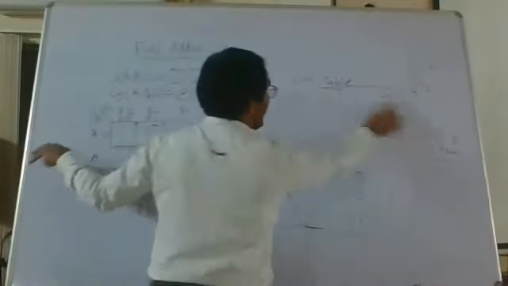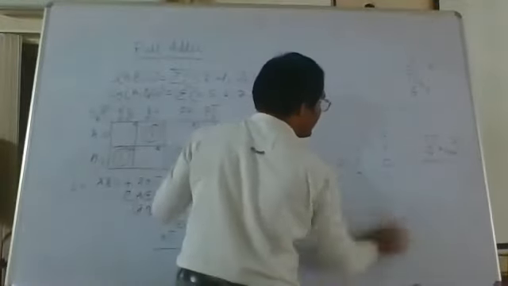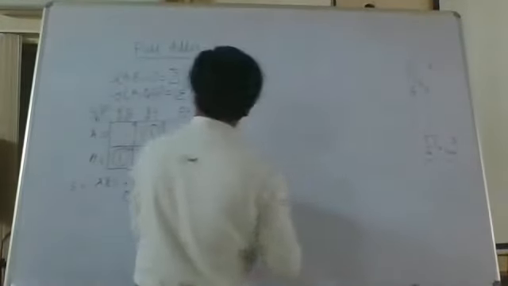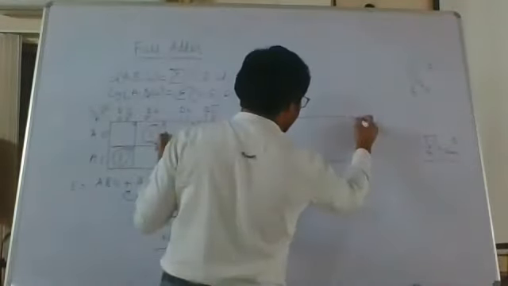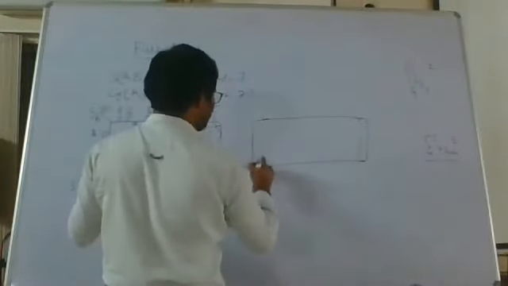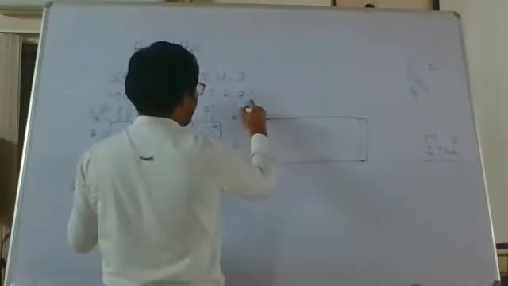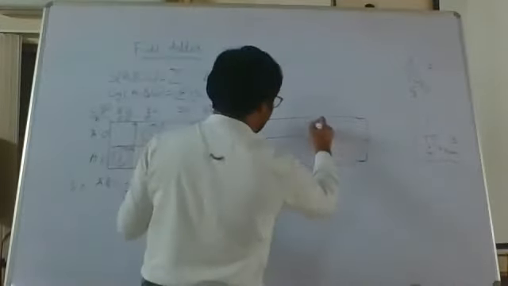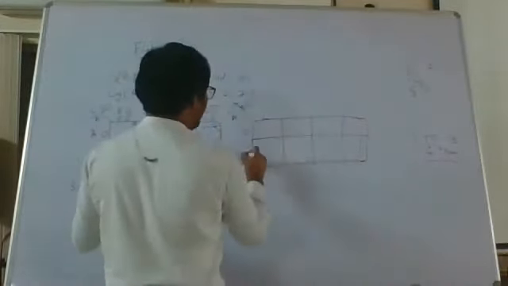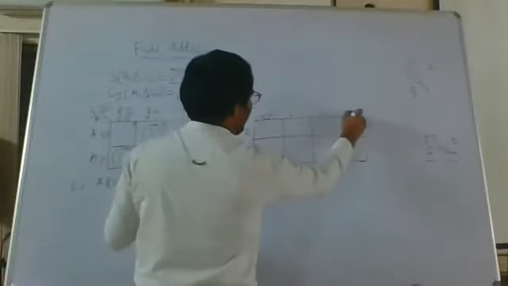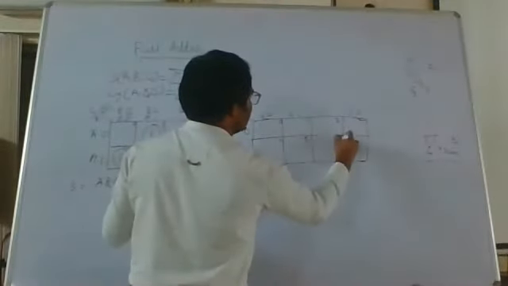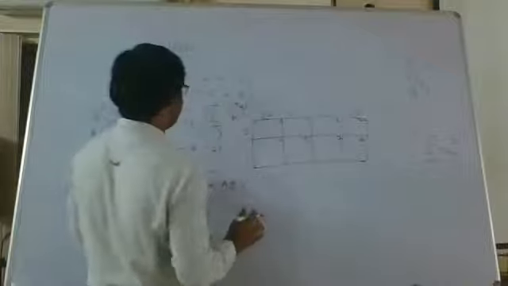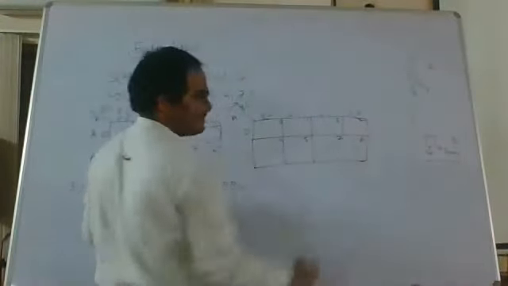Similarly, we have to solve the K-map of the carry expression. Under the carry, the minterms are as follows; we draw the same 3 variable K-map, which consists of 8 cells, with A, B, Ci divided into 8 cells. 0 1, 0 0, 0 1, 1 1 and 1 0. Cell numbers 0, 1, 3, 2, 4, 5, 7 and 6. And the minterms here are 3, 5, 6, 7.